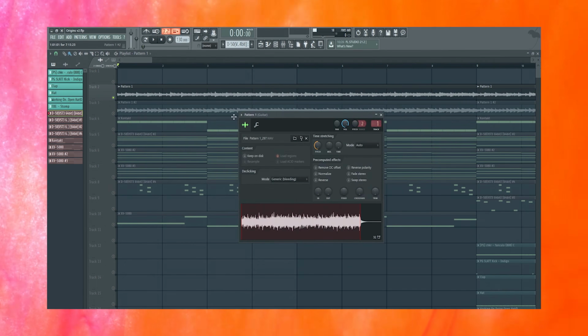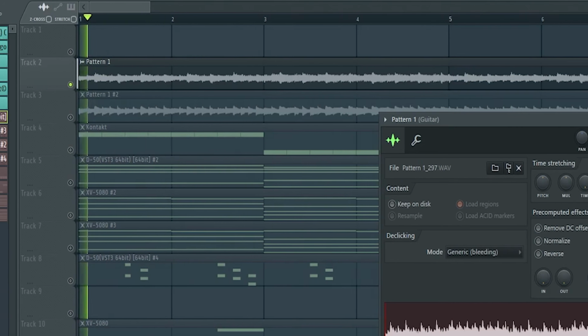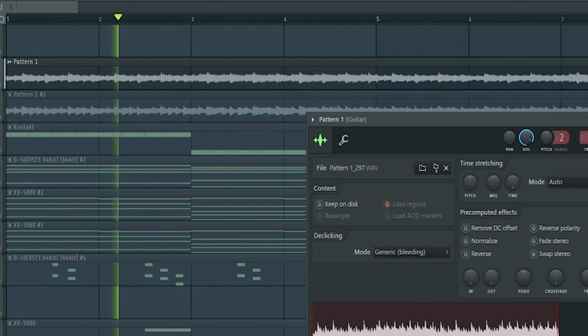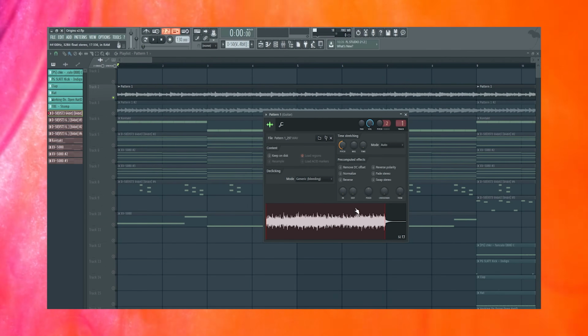That's what I did with this song here. I took the original MIDI of the song, pitched it up an octave, pitched it down an octave,